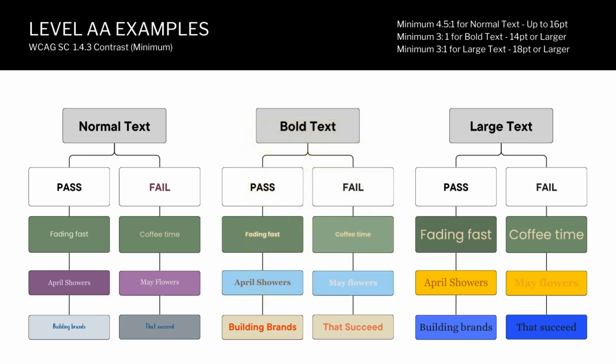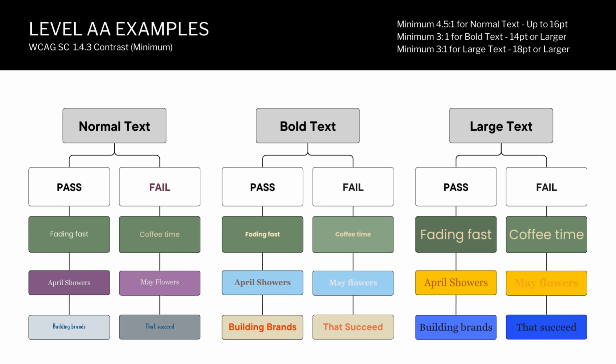So at the top, you'll see here WCAG SC. The SC stands for success criteria, which is 1.4.3, the contrast minimum. So if you're ever interested in digging deep into the WCAG, when you go on to their website, this is terminology that you would see: success criteria 1.4.3 is color contrast minimum.